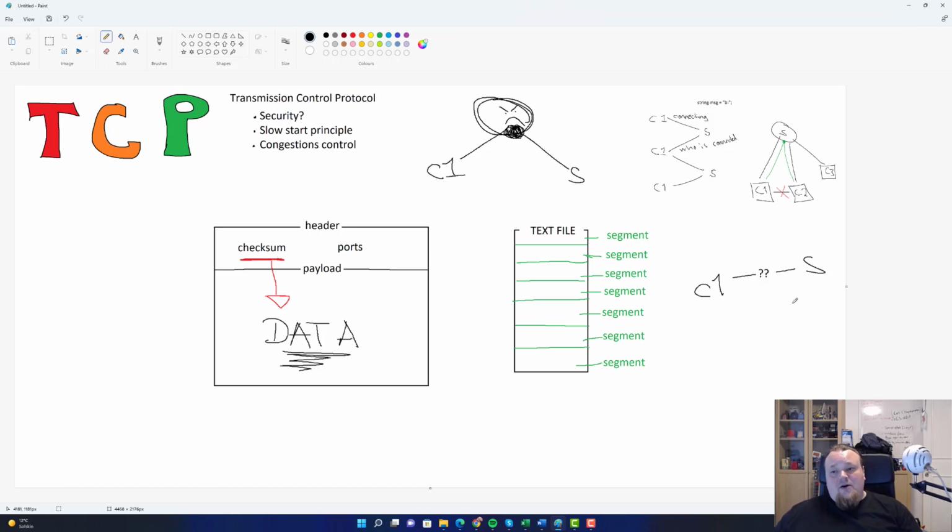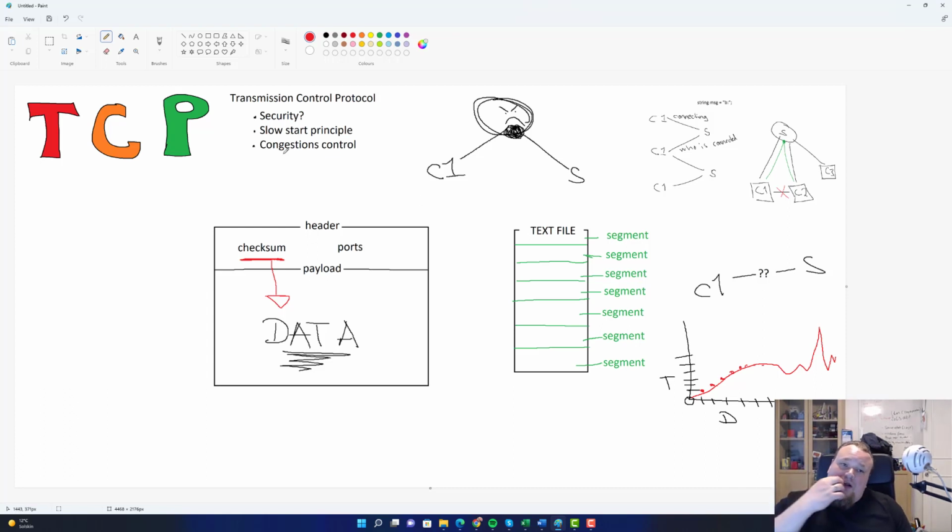The answer is no. The slow start principle is basically all about this: if you look at it like a scale, this is 0, this is the amount of data, D for data, and this is time, T for time. Then the amount of data being sent is going to slowly increase to some place where we can normalize. So the graph is going to be like this, and it can go up and down depending on the speed available on the cable. This is what congestion control is all about.